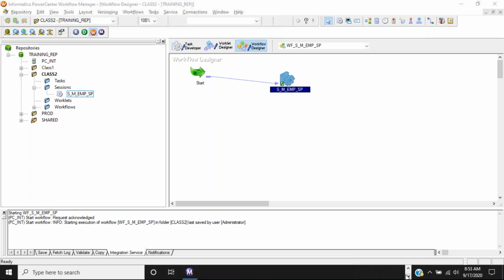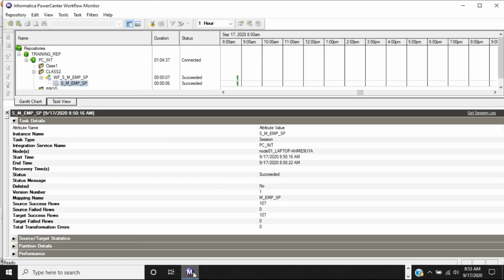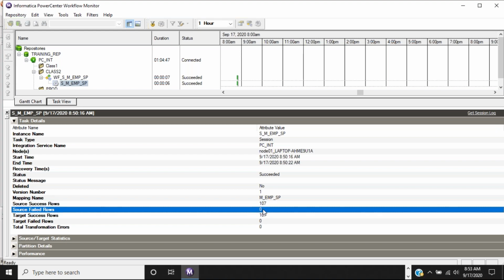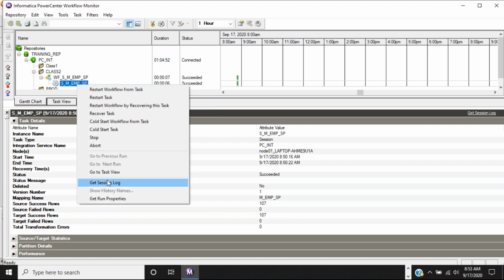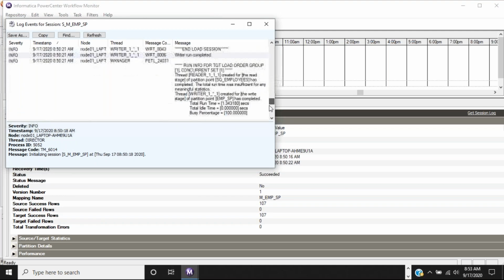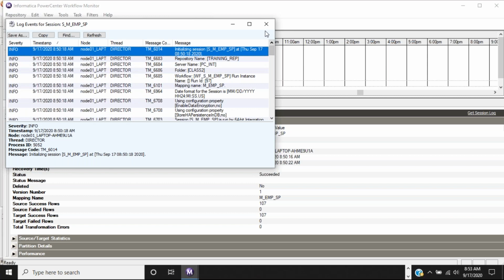In that monitor, you said like 107 rows. Here. Yeah. So in case we have any failure, will it get stored somewhere, like as a report? See, here you'll be getting failures. Then you need to open the log file. Everything will be covered in the ongoing sessions. Here you will be getting which record got dropped and why it has been rejected. So looking at this error description, you need to fix it. This is called the log file.